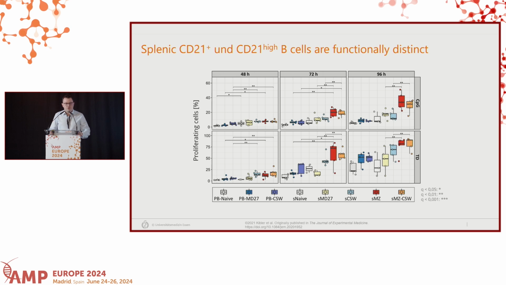Here is a summary of these proliferation experiments. And as you can see, for example, in the TD stimulation after 48 hours, so in the lower left panel, marginal zone B cells and class-switch memory B cells from spleen start proliferation approximately 1 day earlier compared to conventional B cell subsets from peripheral blood. And also the proliferation response to CpG stimulation is quite unique to the marginal zone. The other B cells really lag behind in these conditions.